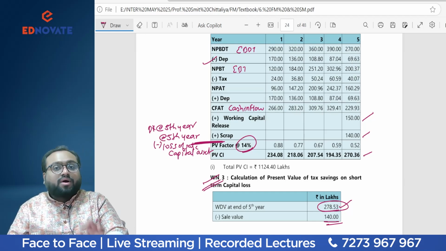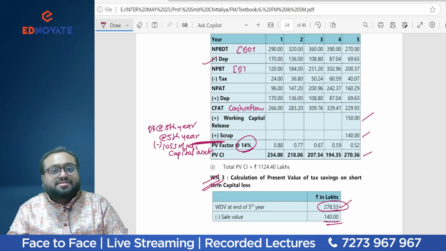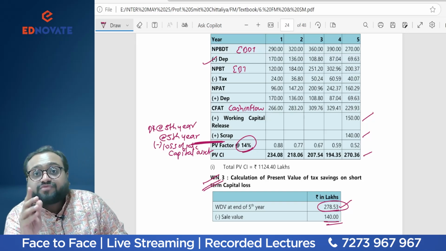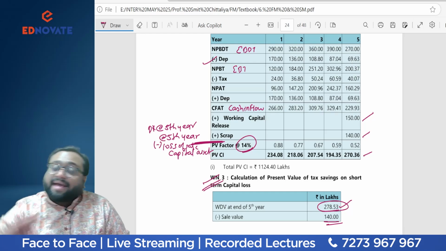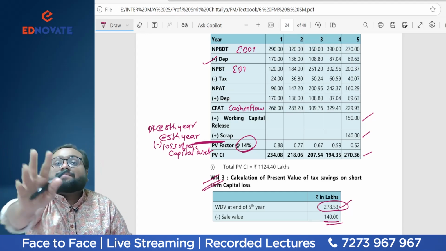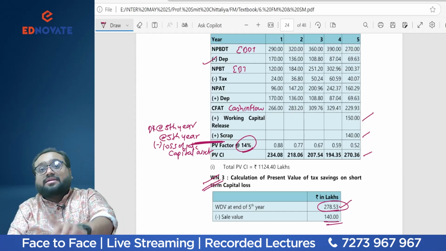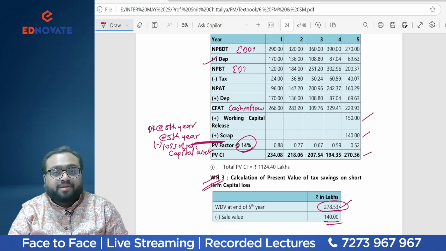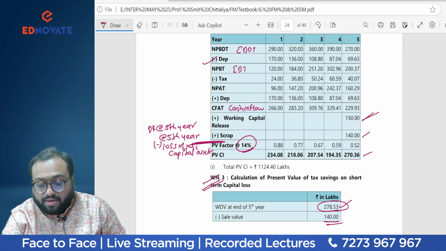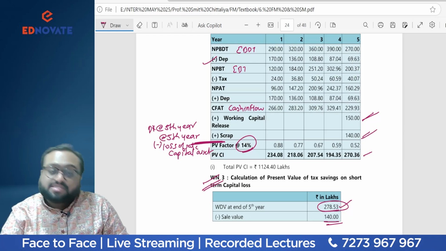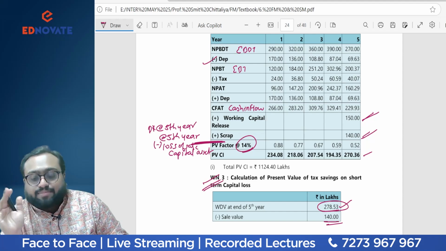This is the only point to highlight with respect to capital budgeting. Nothing great, very simple, but do not forget to take the loss. The loss will be a tax saving, and that is why it should be reduced from the cash inflow. Either you add it in the last year in the NPV, as ICAI has done, but do consider the discounting factor of the 5th year. Otherwise, my suggestion is you just subtract it in that year only. The way you do it for working capital and scrap value, you do the same for the loss on sale of asset, the tax saving. This is the highlight point to be considered.